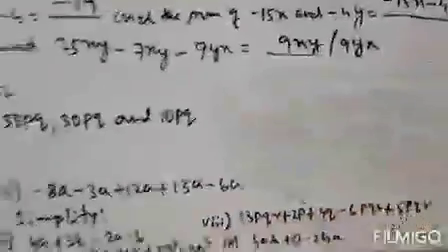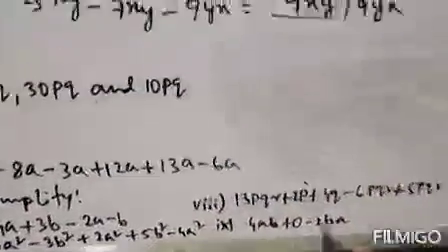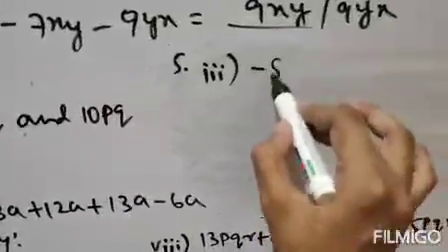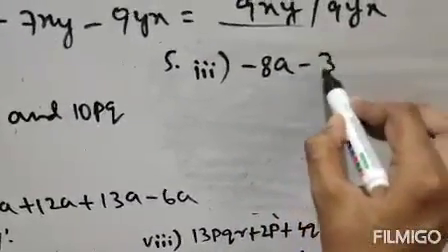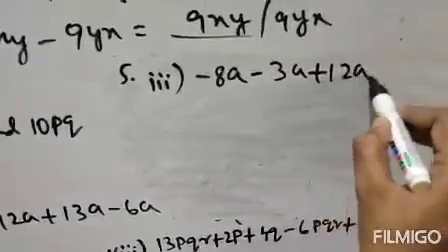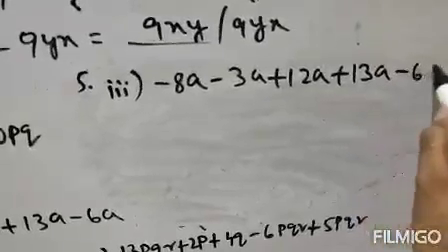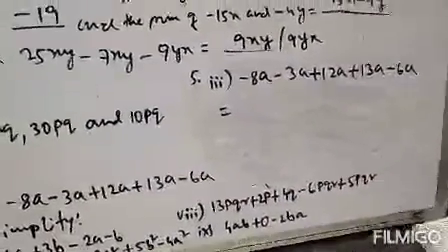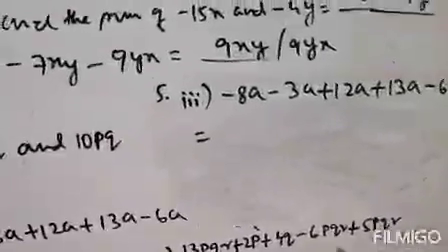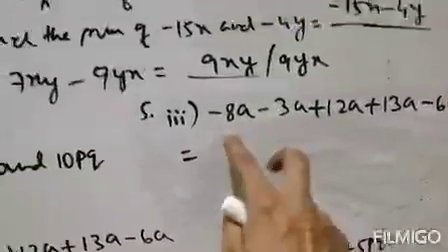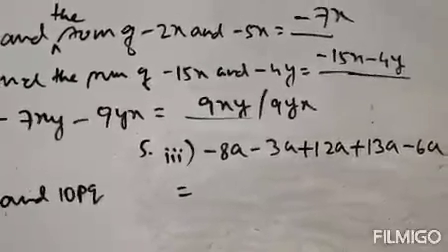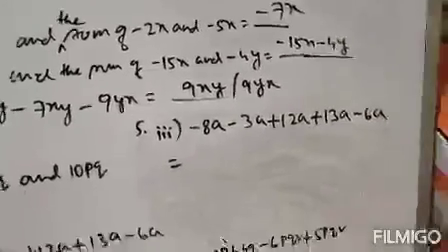Next question. Question number 5.3. The question is minus 8a minus 3a plus 12a plus 13a minus 6a. See? Clear? Now take two numbers first. You can take two numbers, that is minus 8a and minus 3a, or you can arrange these